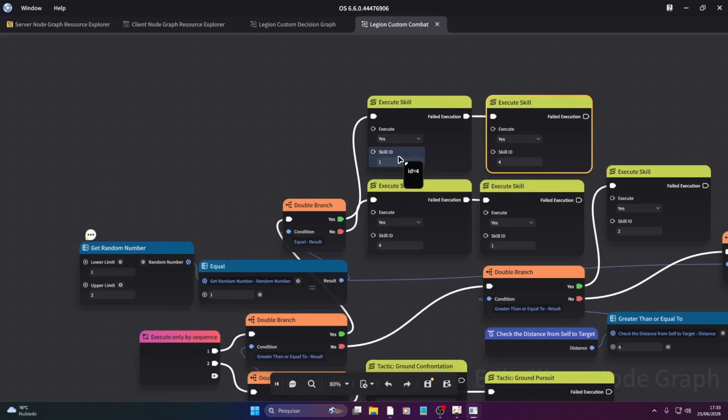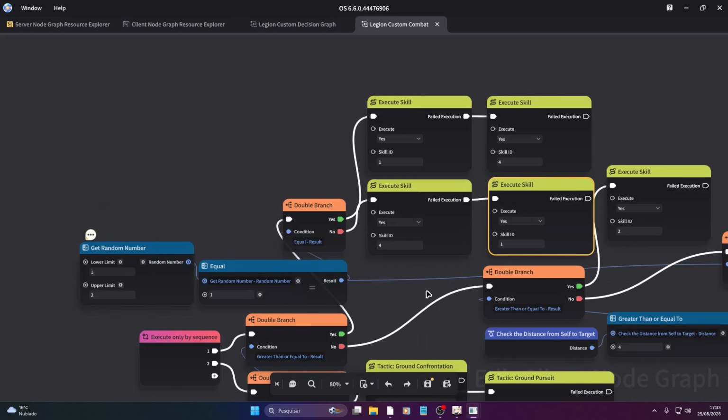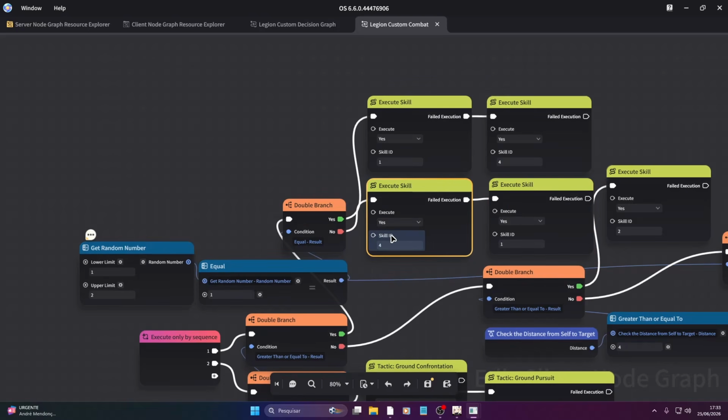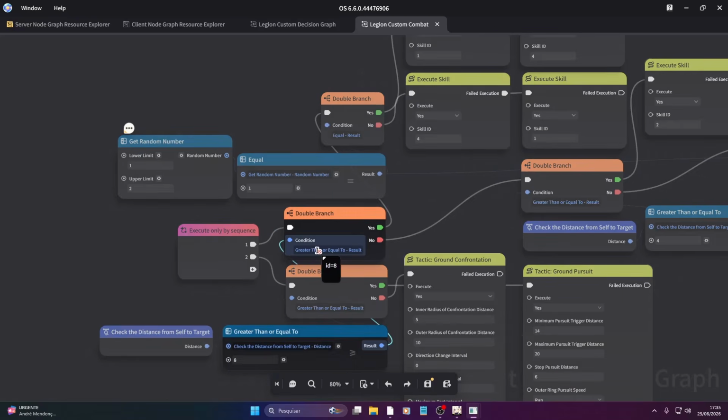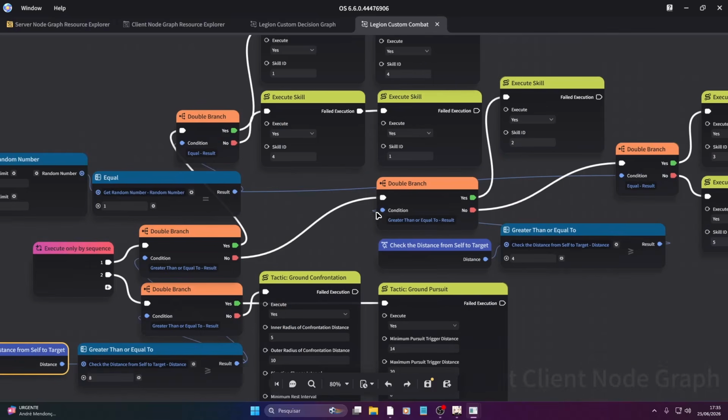So here, if this skill is on cooldown, it's going to just execute this one anyways. But on the randomness aspect of this instance, if it rolls a different skill, so for example skill number 4, and skill number 4 is on cooldown, it will just execute skill number 1, and then it will move on. If the distance from self to target is not greater than 8, it will try to